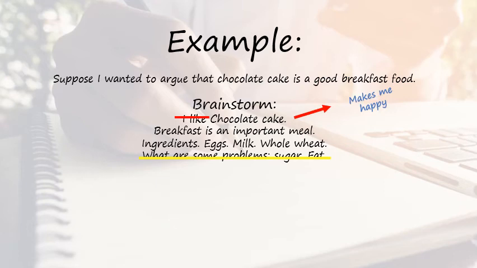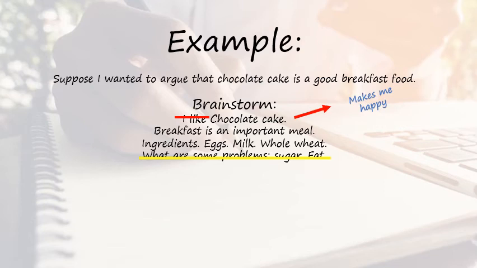This is going to be a short one, so maybe we don't want to talk about the problems. We just want to focus on our three main supporting points of why it's a good breakfast. But I'm scratching that partway through in yellow because maybe I could use that. If this is 5 paragraphs, I could start with that, and maybe I could open my opening paragraph: a lot of people would think chocolate cake is not good for you for breakfast because it has a lot of sugar, a lot of fat, there are problems with obesity. Go on with that. However, right, you get this transition.